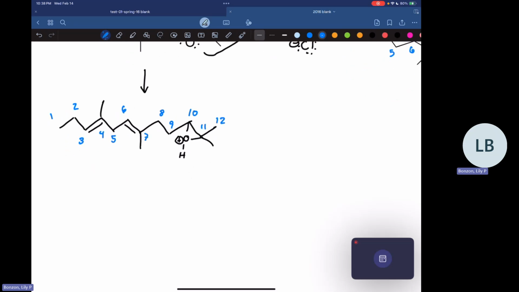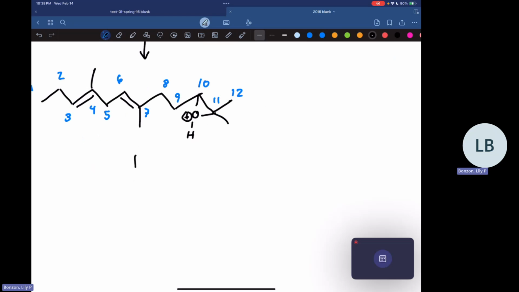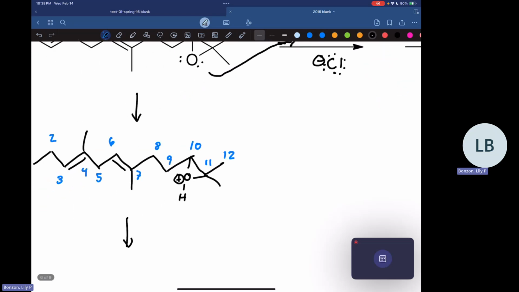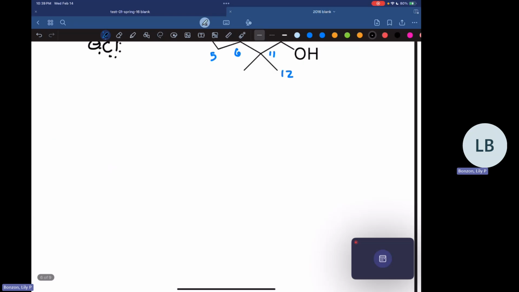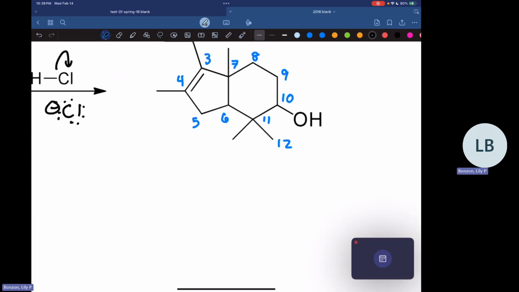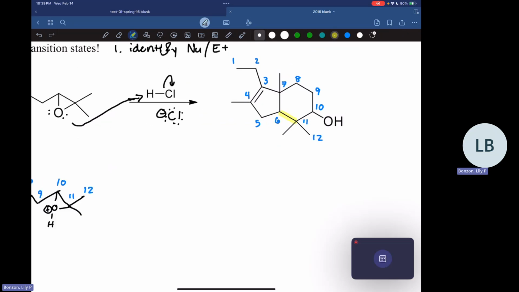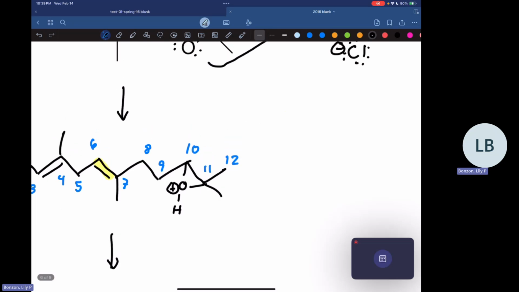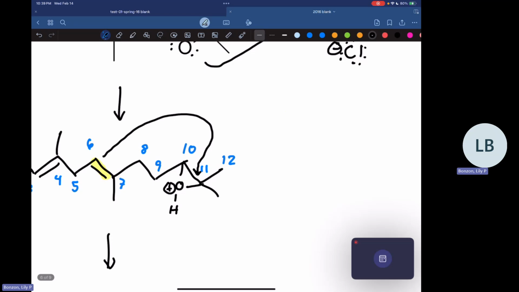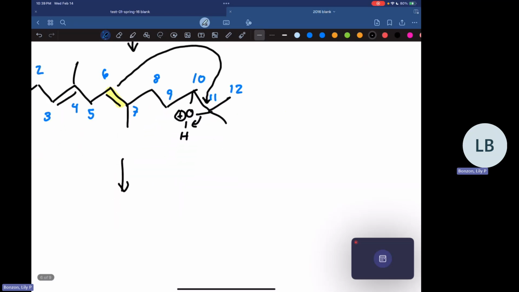So then, now that we have this protonated epoxide, we can have a nucleophile attack it. And so again, we have a Cl minus in there, but it doesn't look like we're going to need that in the final structure. So we're just going to go ahead and move past that. So when I look at the final product, I can see that there's this bond here between 6 and 11. And so when I look at the structure that I have, I see that 6 is actually part of one of those alkenes. And so an alkene is a nucleophile, and so I can use that to attack the epoxide. So I'm going to have this nucleophile come in and attack carbon 11, which is one of the epoxide carbons. And so that's going to kick that bond up onto the